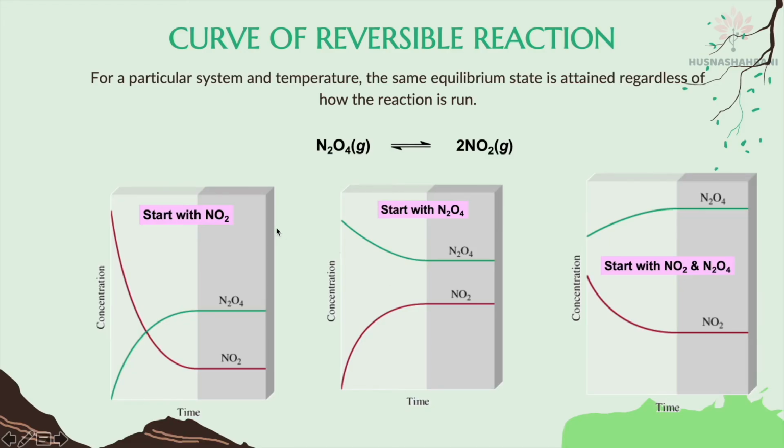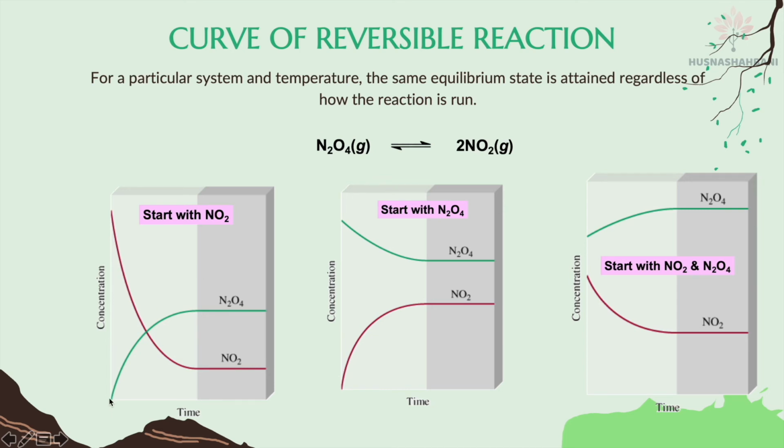Curve of a reversible reaction. For a particular system and temperature, the same equilibrium state is attained regardless of how the reaction is run. It means no matter if you start with the product, or with the reactant, or with both, the same equilibrium state can be attained. Let's start with NO2. When you start with NO2, you look at NO2 as the product. When you start with the product, you have no reactant at first, so the reactant N2O4